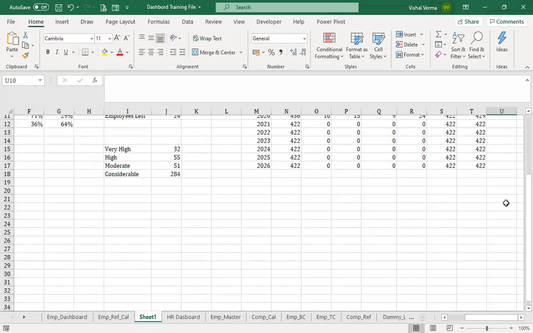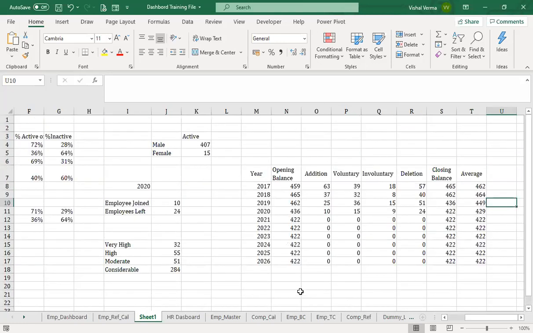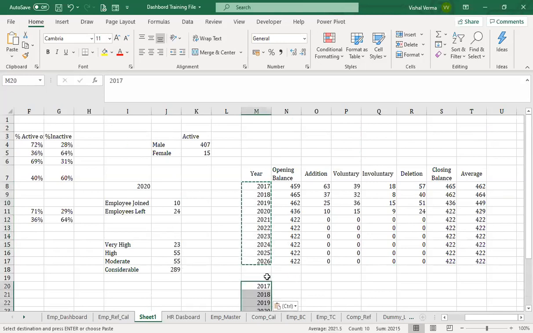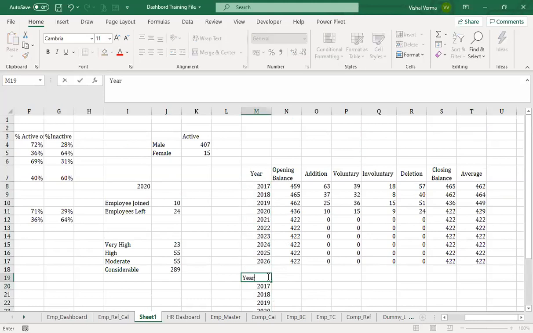Now we need to calculate the attrition rate for voluntary, involuntary, and total deletion. So let's copy this data and put it here. We have the year, voluntary attrition, involuntary attrition, and total attrition.